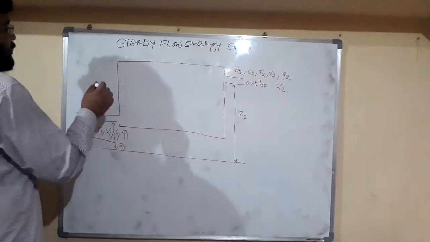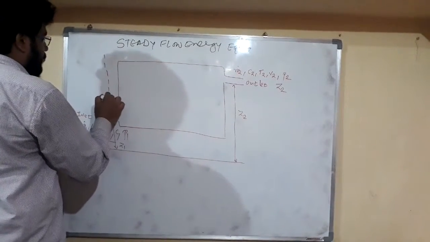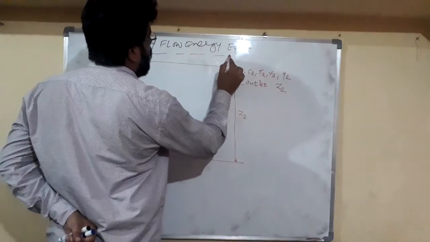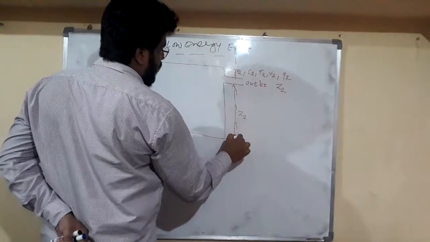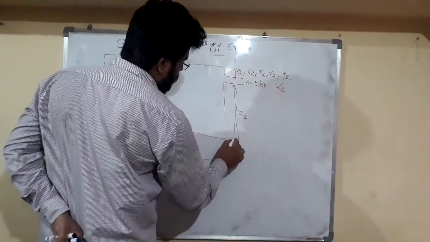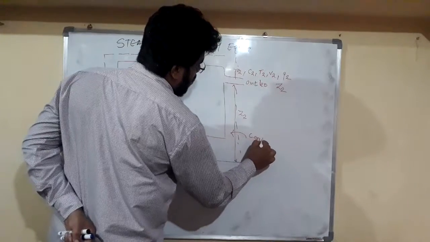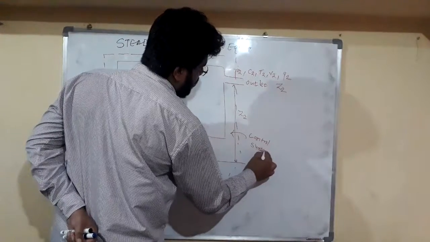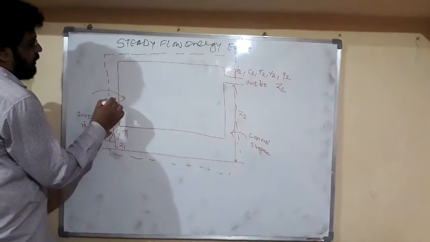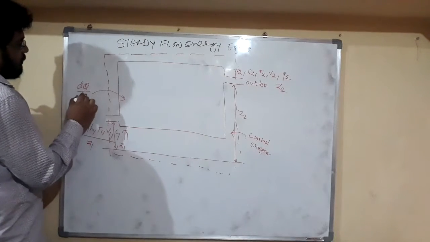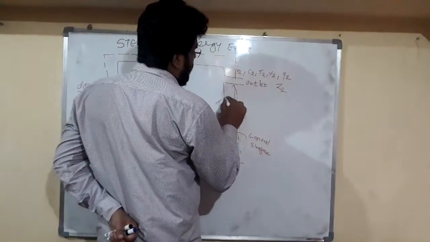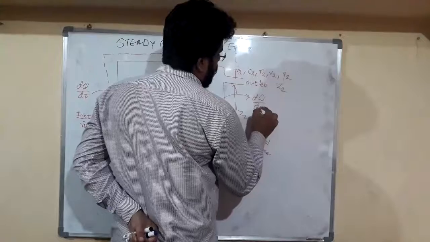So for analysis of an open system, we always consider a specific control surface upon which we will concentrate for our study of the open system. So this is our control surface. And friends, here we are supplying heat at the inlet, and we are getting work at the outlet, dW upon d tau.